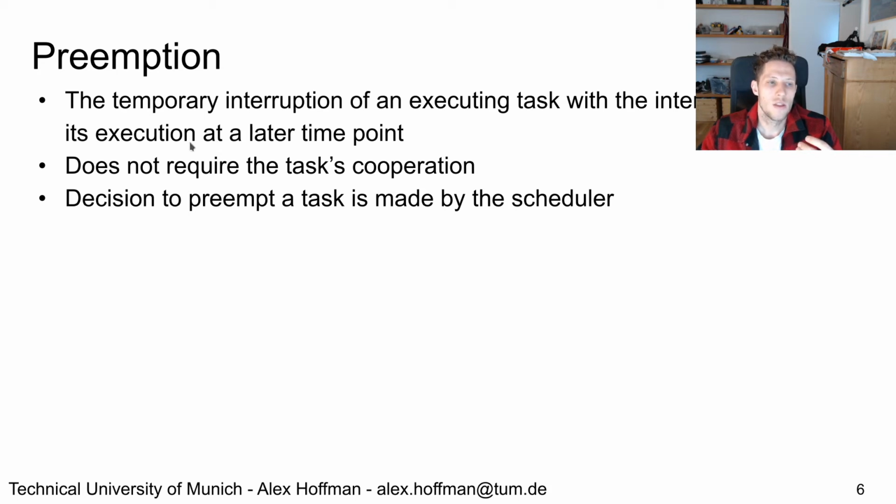Now, it does this in a way where the scheduler is deciding what is going to be done and when. So the task itself doesn't have any say in this. The task can't say, I'm a low priority, but no, I really want to finish. If it was meant to be finished, then it should have been given a high priority by the person designing the system, or by the scheduler, which can also change the priority of a task,